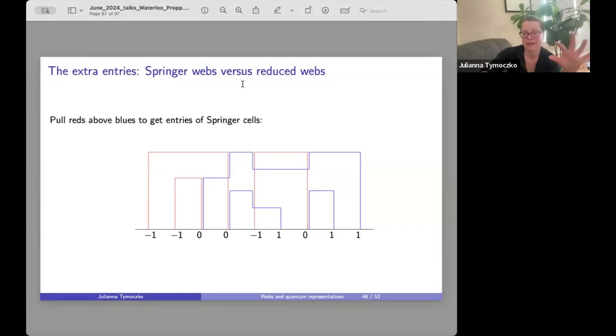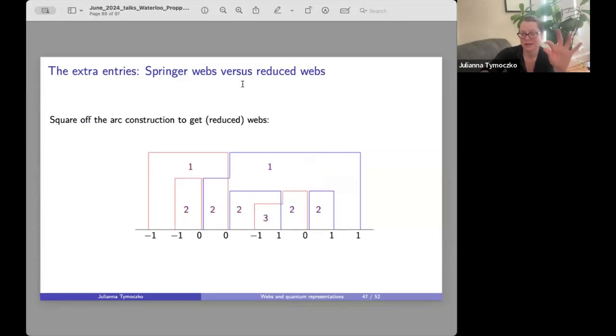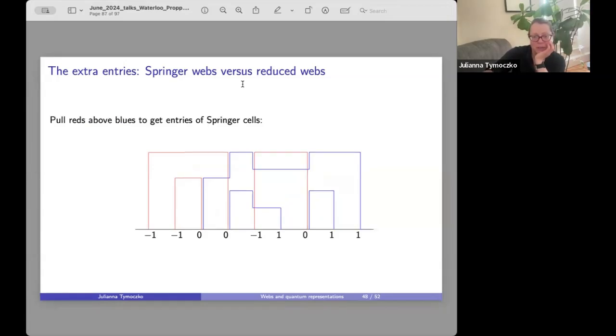So the Springer cells are giving us this web, whereas the simplest, the basis web, is this web right here. So I've squared things off, but wherever you see certain places with trivalent vertices, this is still representing a web. So your Springer cells can be read fully directly from certain non-reduced